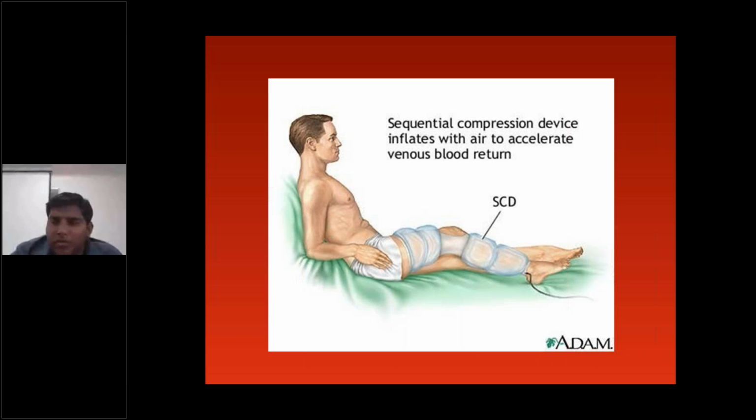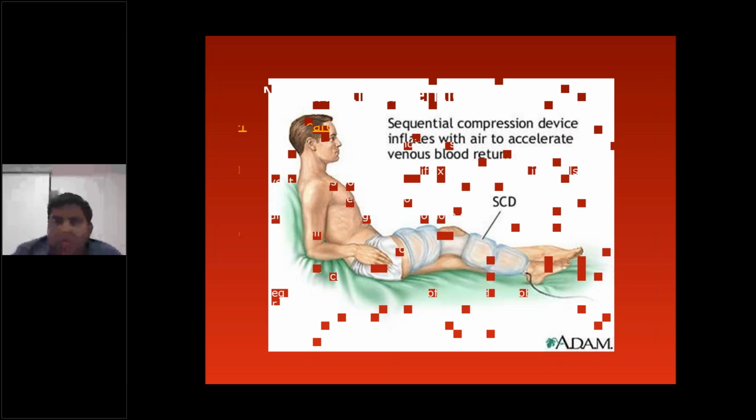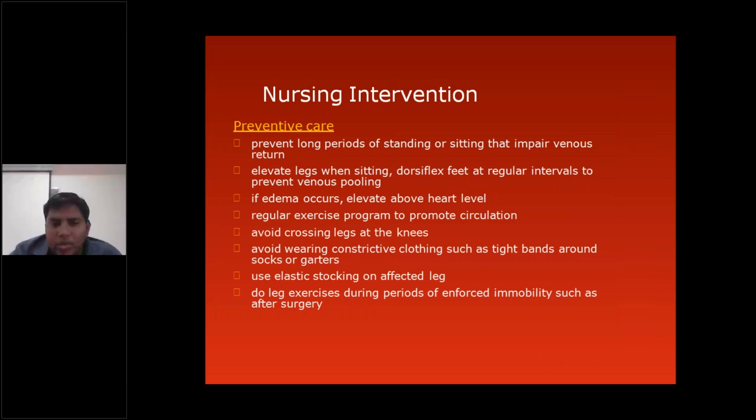One is the stockings and the other is the sequential compression device. This is costly and good to use. Using the intervention, frequently check the change in limb circumference. You need to notify it to the operating surgeon. You need to elevate the limb. So regular minimal exercise and